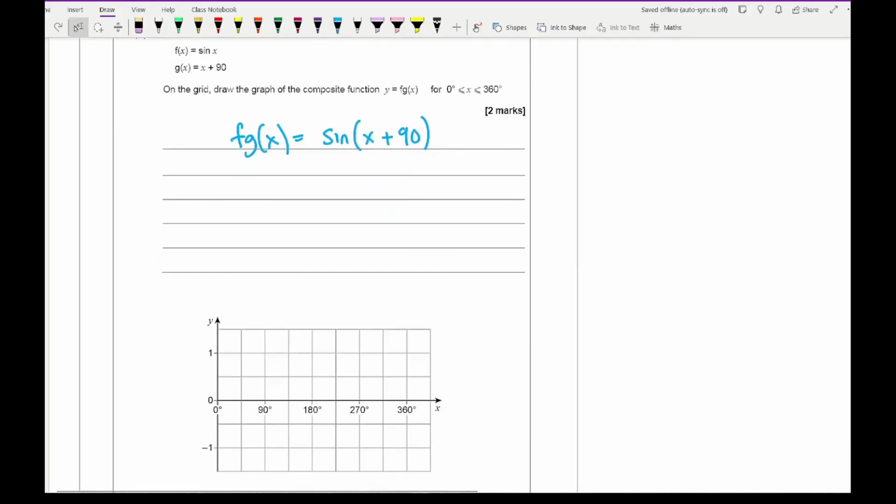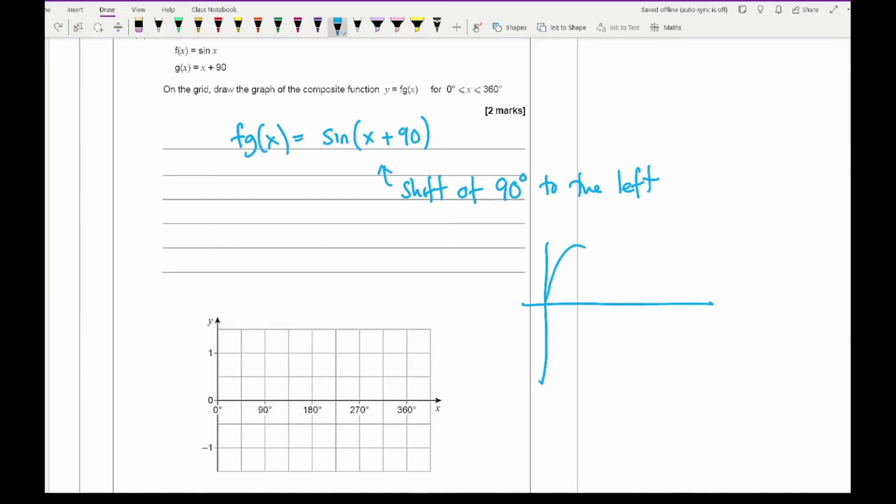Now this is basically a shift of 90 degrees to the left. So if I plot sine x, and the graph of sine x looks like this, what I want to do is shift this graph 90 degrees that way. So 90 degrees that way means this point at 0 is now going to be here. This point here is now going to be this. So what it's going to look like is,